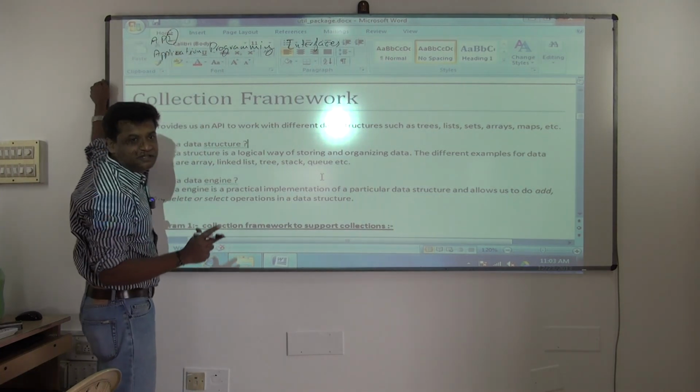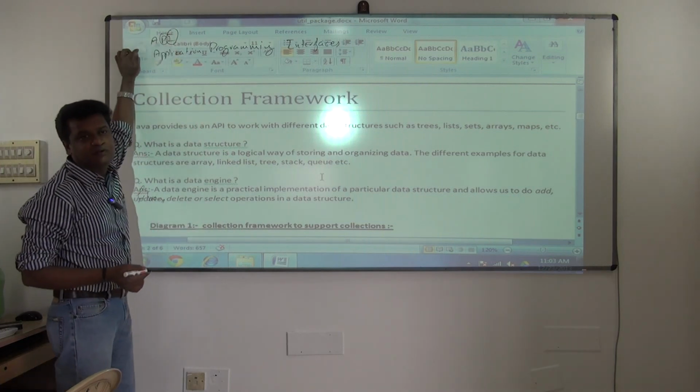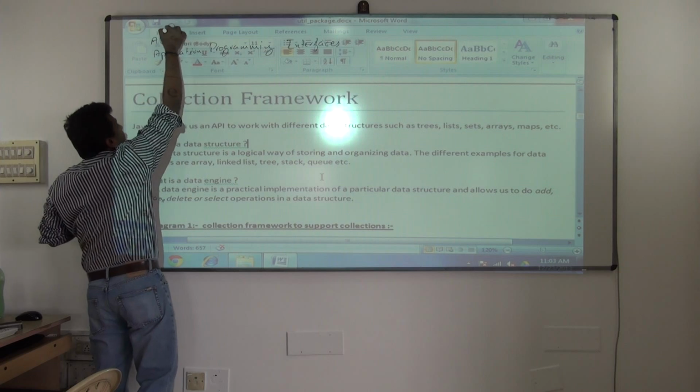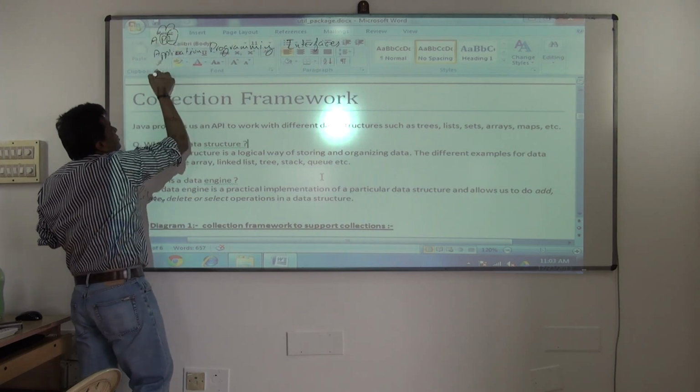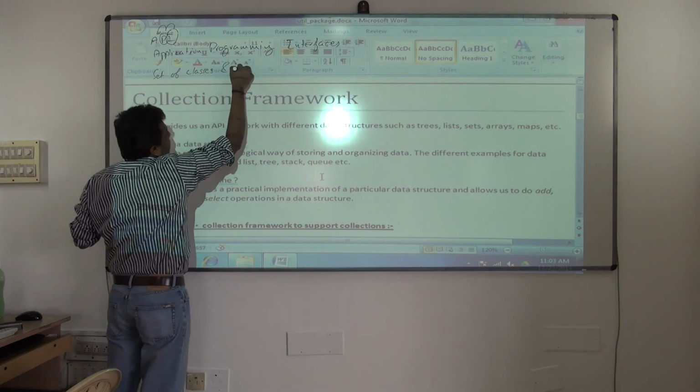Set of classes and interfaces. P stands for what? Programming. A stands for what? Application. Go in the reverse order, you'll clearly understand. Okay, so API means set of classes and interfaces